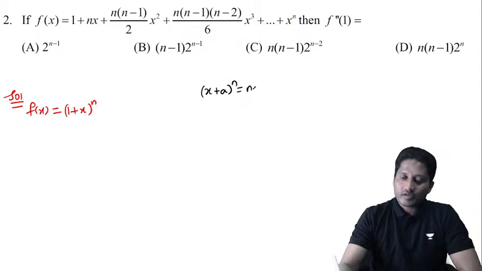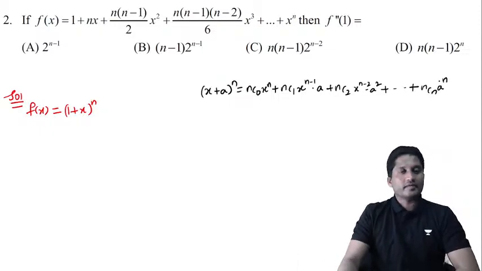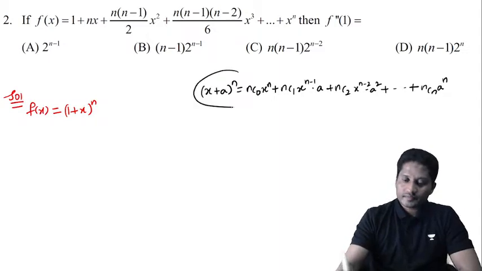is equal to nc0 x to the power of n plus nc1 x to the power of n minus 1 into a plus nc2 x to the power of n minus 2 into a square, and so on. The last term will be equal to ncn a power n. This is an expansion of (x plus a) whole power n. If I use this formula,